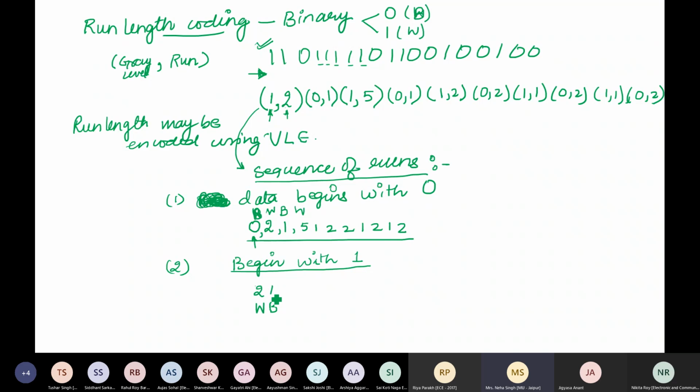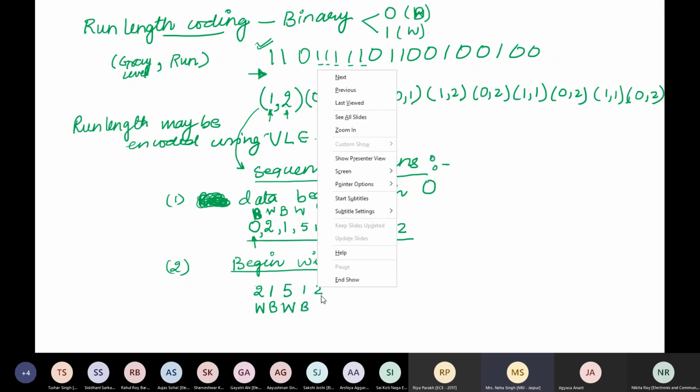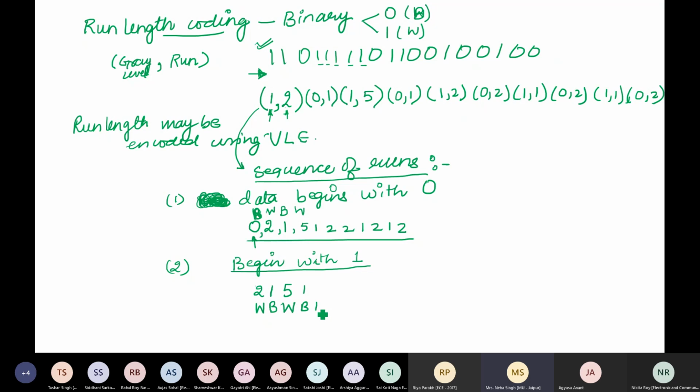The black is 1 because I have 1 0, a single 0. Then I'll have the run specified for white. The run length is 5 for white. Then I have 1 0, so 1 for black, followed by 2 for white, then 2 for black, 1 for white, 2 for black, 1 for white, and 2 for black in the last.